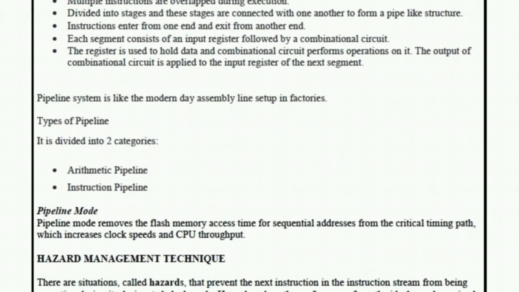Now let us look at the pipelining. Pipelining is basically divided into two: arithmetic and instruction. The pipeline is used for understanding the process of accumulating instructions. It allows for the storage and executing of instructions in an orderly process, because sometimes within a microcontroller you have multiple instructions overlapping with one another, meaning you have one instruction and right after that instruction you have another instruction. So it gets overlapped. To avoid this, we use pipelining to make sure that the running of the microcontroller is smooth. Your instruction enters from one end and exits from the other.